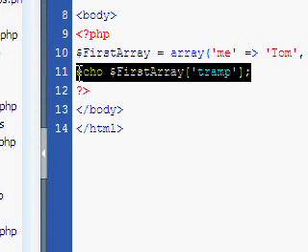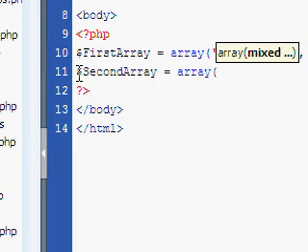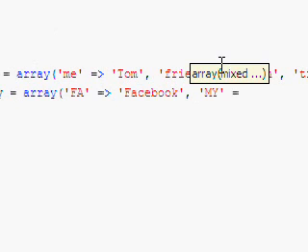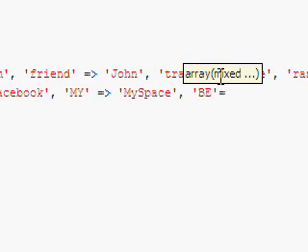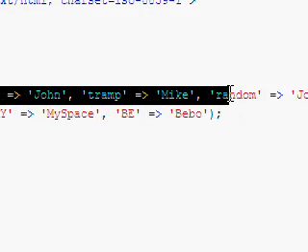Now we want to move on to multi-dimensional arrays. So let's say second array, and we'll call it, I don't know, preference. FA for Facebook. Okay, and we'll say MY for MySpace, and BE for Bebo. Okay, now what if we wanted all the people in the first array